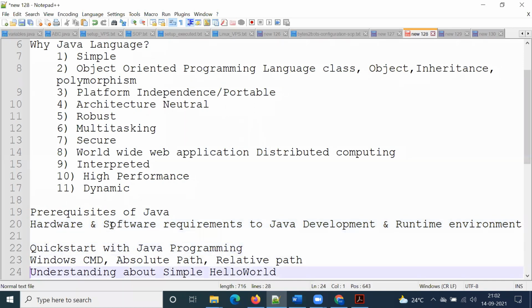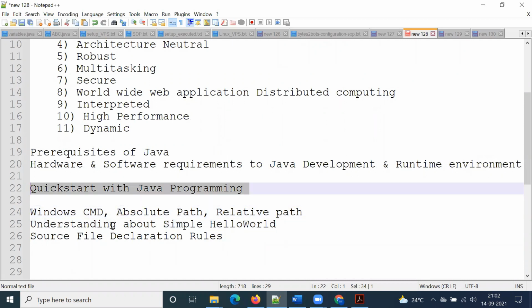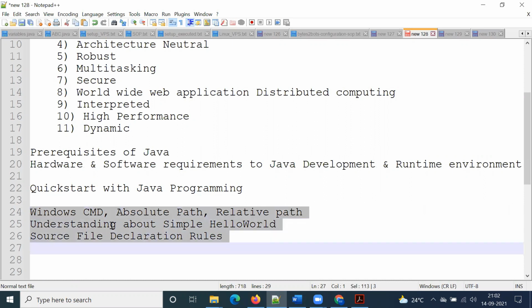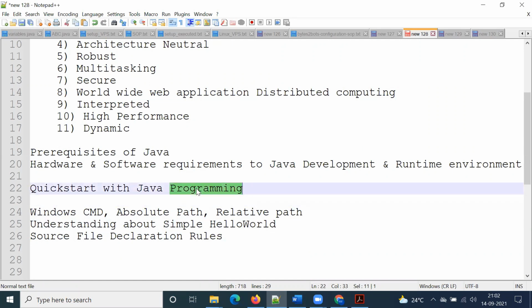So next comes quick start with Java programming, right? We have another 3 more topics. I'm not sure if I'll be able to cover the rest of the last 2 topics. We will plan it for tomorrow, but we will cover at least this one particular quick start programming, right? So these 3 topics, let us cover it tomorrow extensively. So first steps, quick start with Java programming. So first thing you need to do is